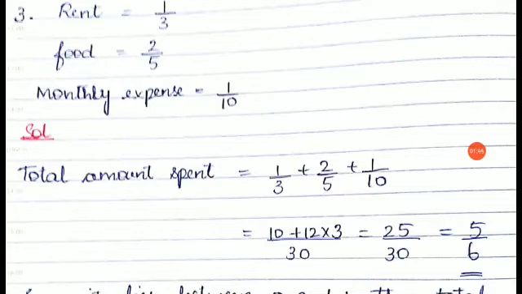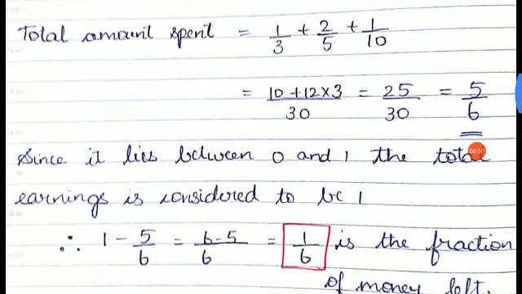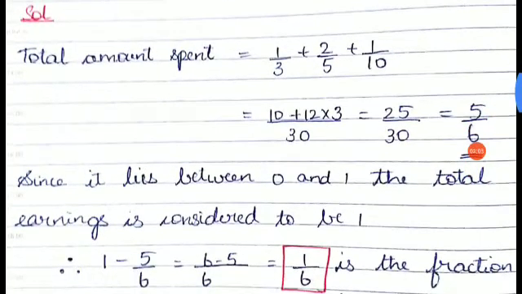So in the number line, where does it lie? It will lie between 0 and 1. Do you remember? Very good. So since it lies between 0 and 1, we are considering it to be 1. Considering his total income as 1. So I have just written that line, and now considering 1 as his total earning,